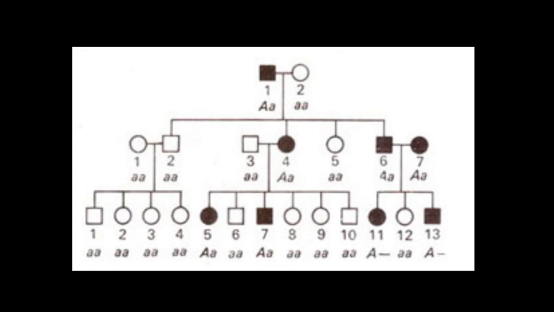Here we describe the series of symbols which are used to represent different aspects of a pedigree. A square symbol is for a male, a circle is for a female. If they are colored, they are affected individuals. If they are not colored, they are unaffected. If they are joined with a single horizontal line, it means they are mating. And a downward line, a downward flow chart, shows the offspring of the couple, who is affected or not affected.